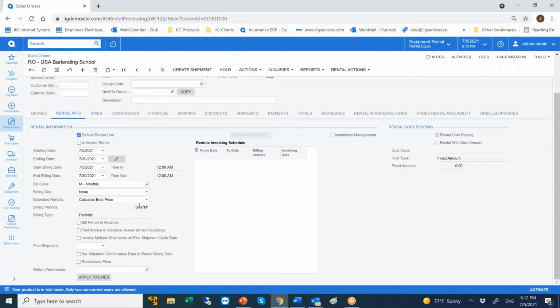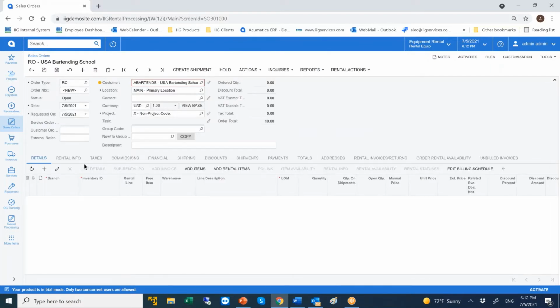You can have the system calculate the best price. You can bill a period in advance, only the first period in advance if you want to have a minimum billing. Or if you have multiple shipments, bring everyone to the first shipment date or enter the first date in here. So there's other settings, and then basically here, once you're done with this setting, you start loading items into